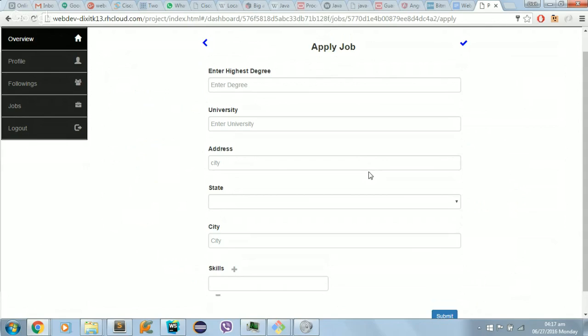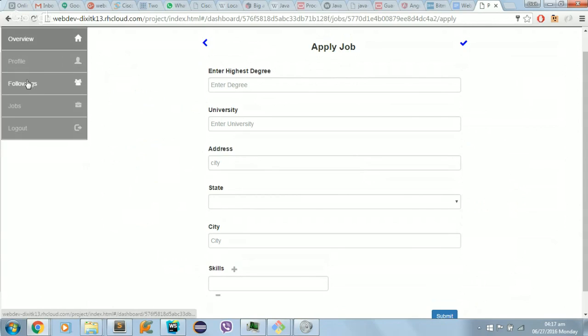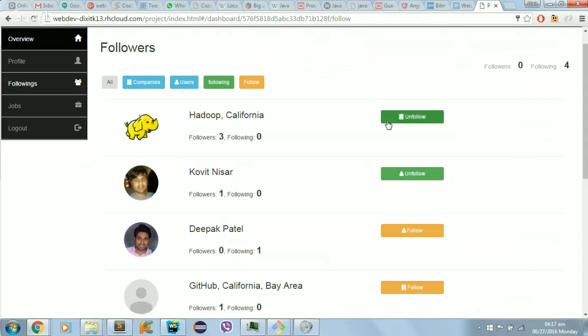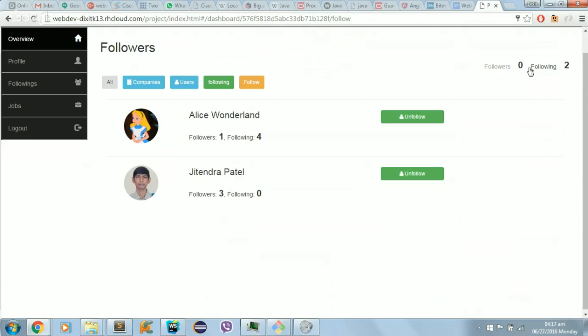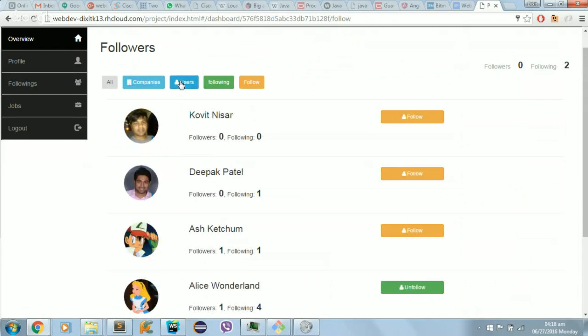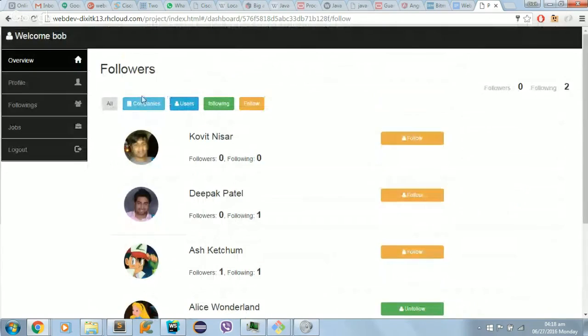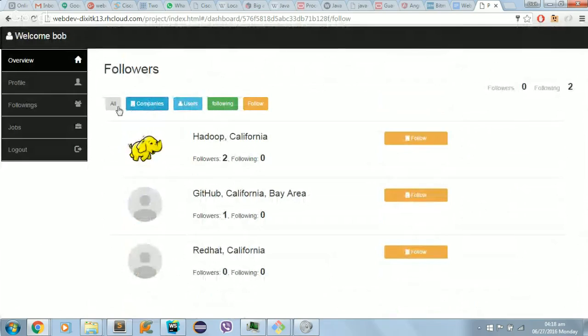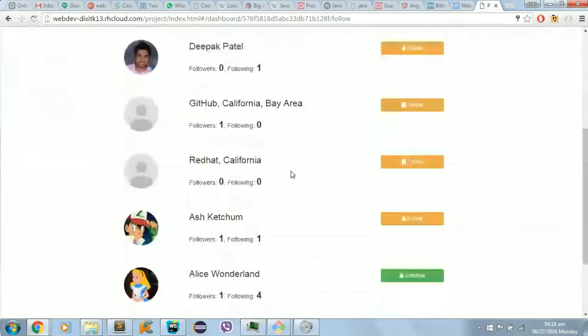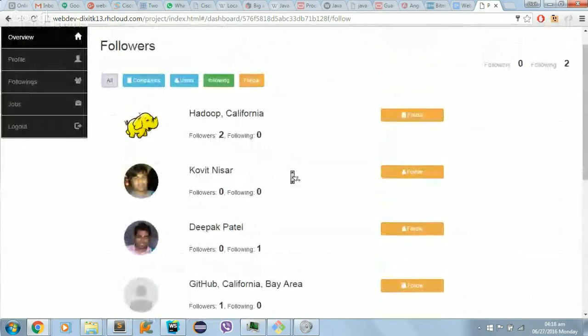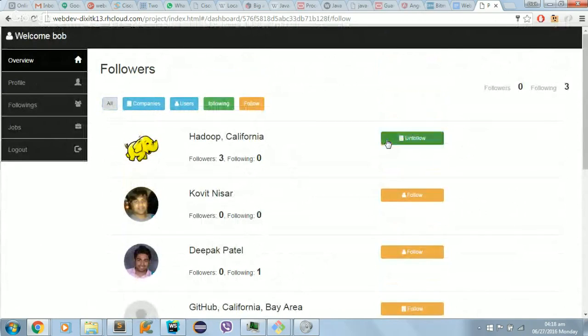Let's see the following page. So you can follow and unfollow a person. You can see how many followers, no followers. You can see how many people you are following. You can see the users. You can see the companies which are registered with you. You can see all the people using this application as well, and it does many to many relationship